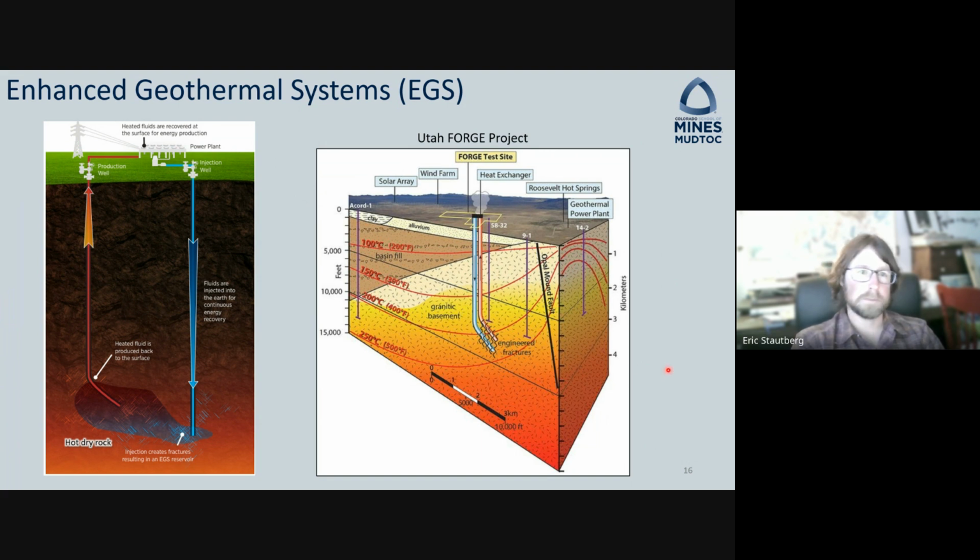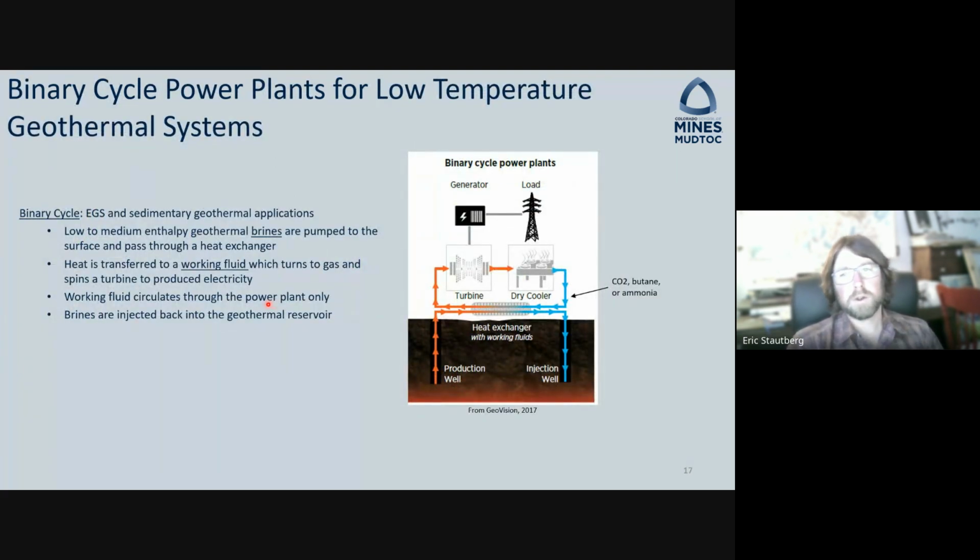It's very interesting. And in these sort of situations and in sedimentary geothermal, we can't use those conventional power plants because the water's not hot enough. It's not coming out as pressurized steam. So we have to use what's called a binary cycle power plant, or you might have seen what's called an organic Rankine style power plant. And with these, we produce the hot brine out of the ground, and we run it through a specialized heat exchanger